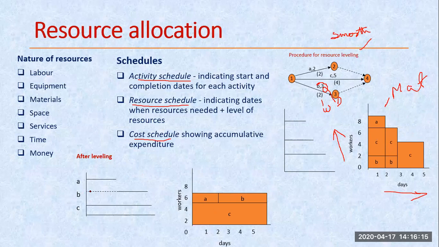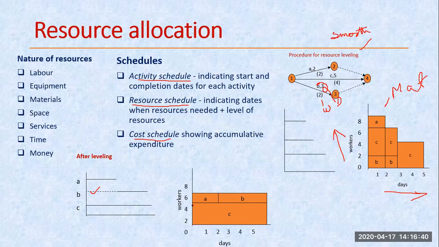Right now this B task gets delayed. So here you can see, instead of starting on the initial day, this task is delayed by 2 days. Once my A is completed, only then B starts. How many resources are required for B? 2. For my A it required 2. So this is 6 plus 2, 8.